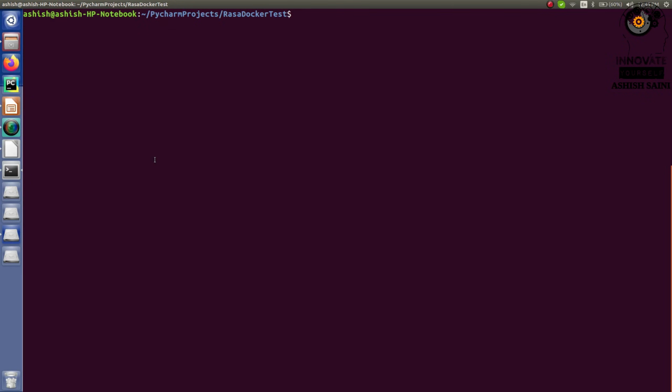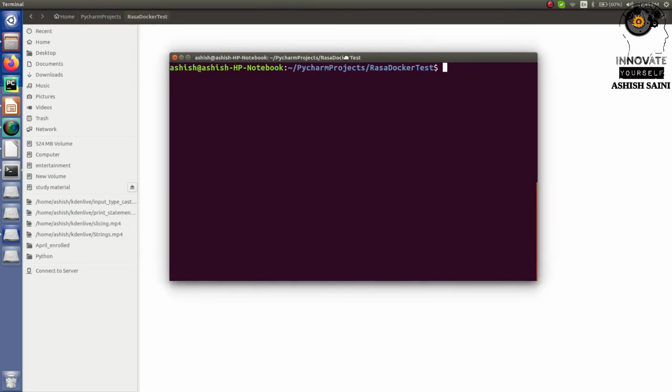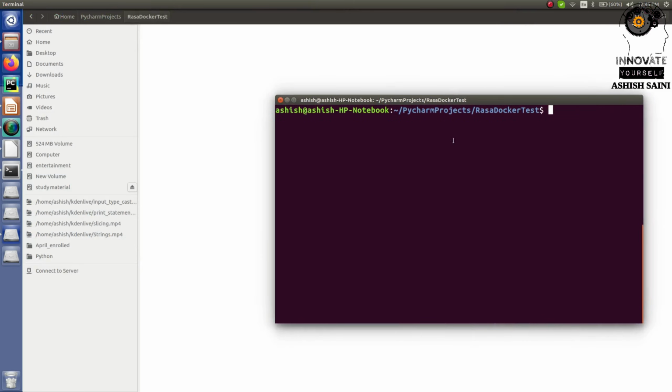Now that you don't want to activate the environment, this time I will first run a very basic command to initialize my project, right? And why have I created this directory? Because when I run this command, which I will be executing right now, all the packages will be stored onto your current directory like this one, and also onto the Docker container. I will also show you how you can access the Docker container, right? That's not a problem, I will tell you later on. But right now let's just focus on this part, right?